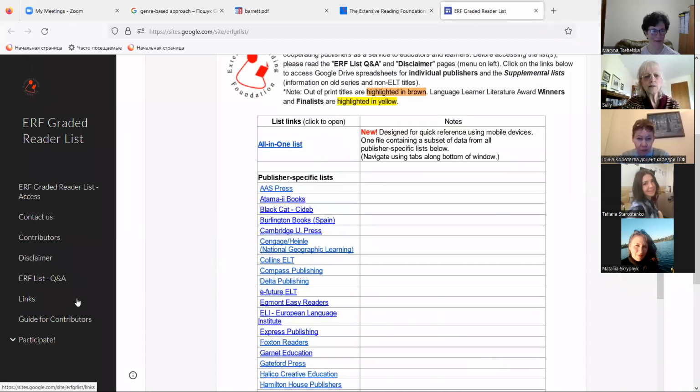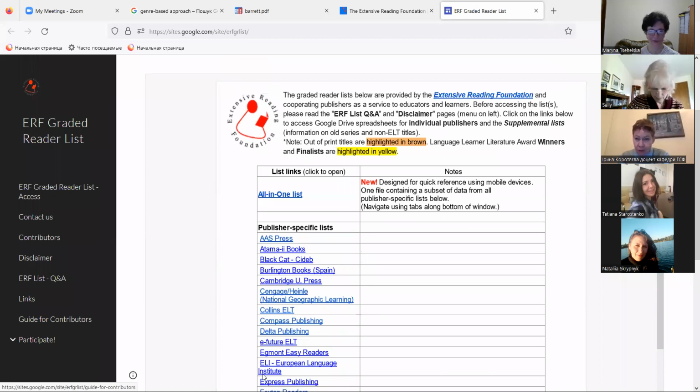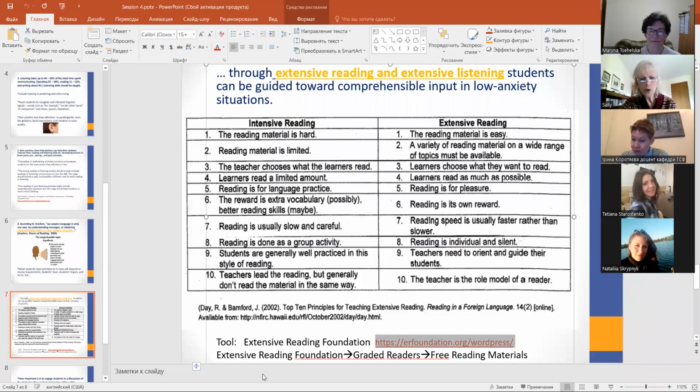Yeah. So that's a great idea. Okay, so this idea, if we go back here: what these founders of the extensive reading approach do is